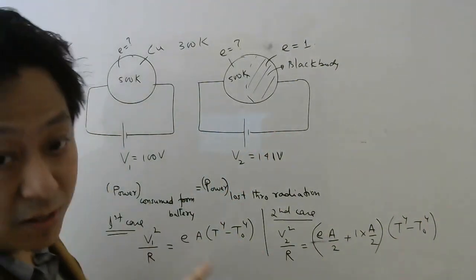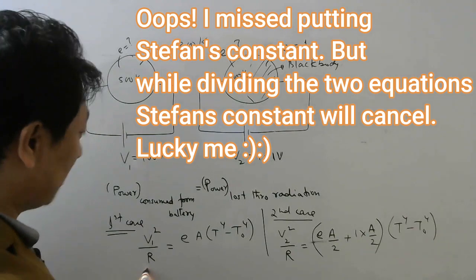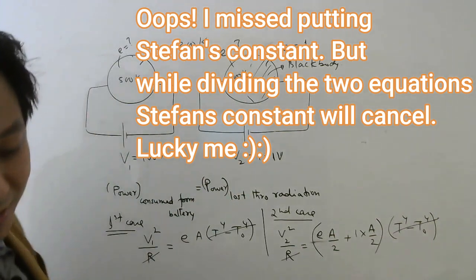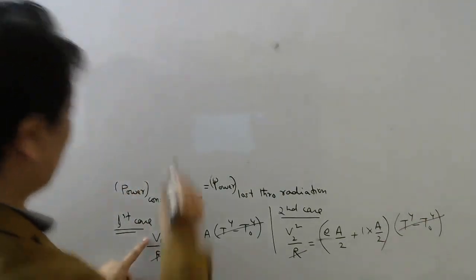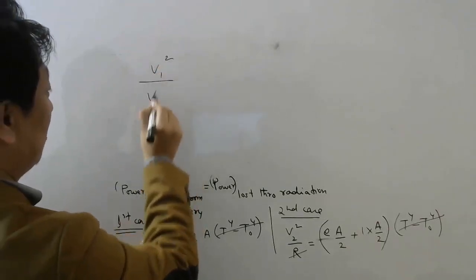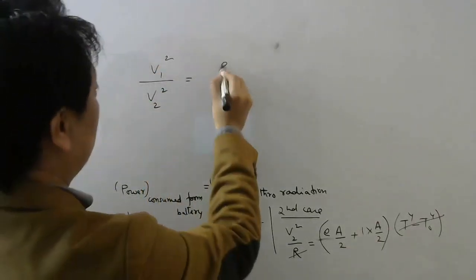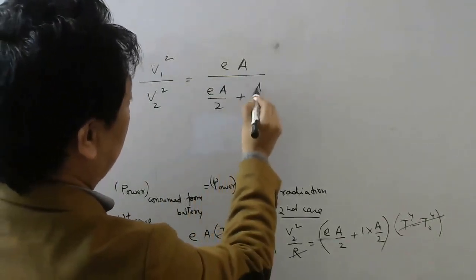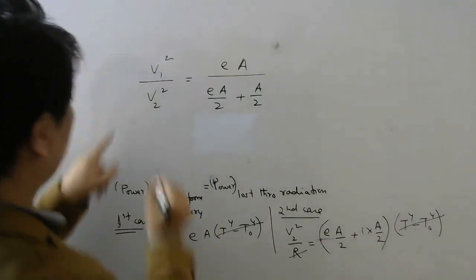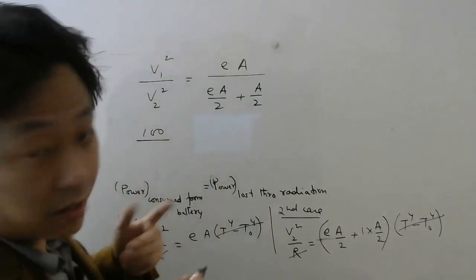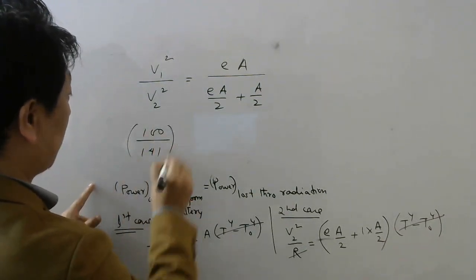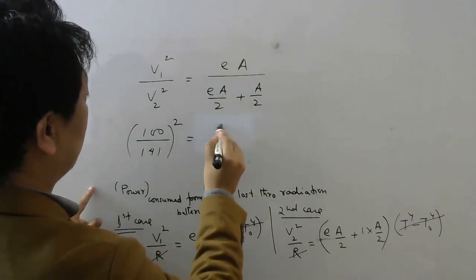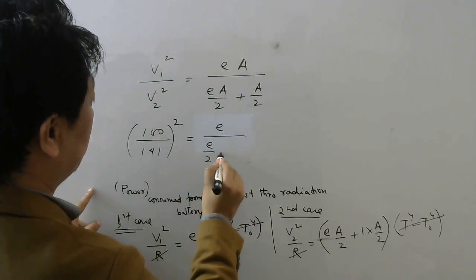So the best way to solve this is by dividing the two equations, because you know R is same, so when you divide R will cancel, this will also cancel, right? So what we will get when you divide this by this, you will get in the numerator V1 square by V2 square equals to E into A divided by E into A by 2 plus A by 2. Now V1 in the first case was 100 volt and V2 in the second case was 141 whole square, right? Now if you see A, you can take common from here, so A will cancel, so E divided by E by 2 plus 1 by 2,